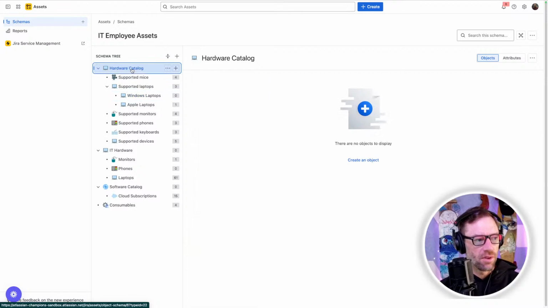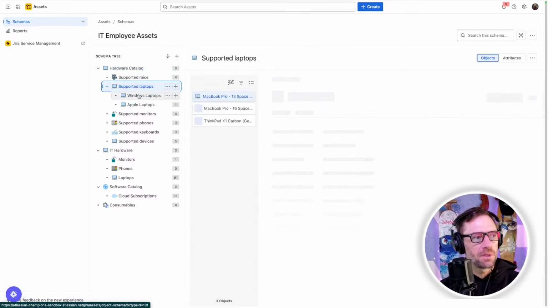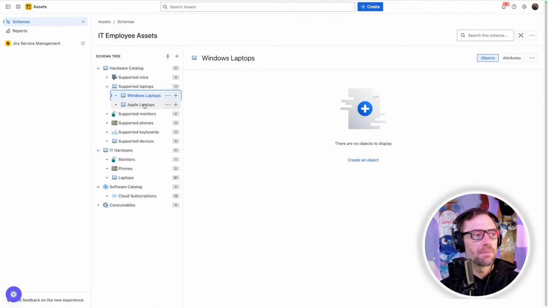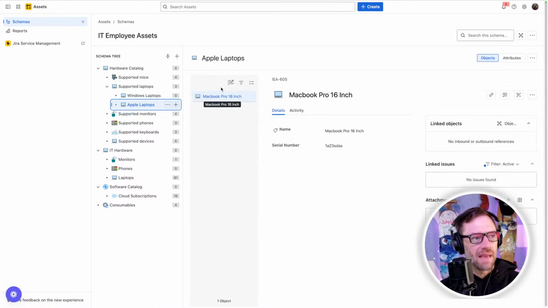I have a catalog of hardware that includes laptops, and laptops includes Windows laptops. And I have this Apple laptop and a certain MacBook. So for me, starting with the physical hardware assets was very helpful just because I understand that idea and what those things are.